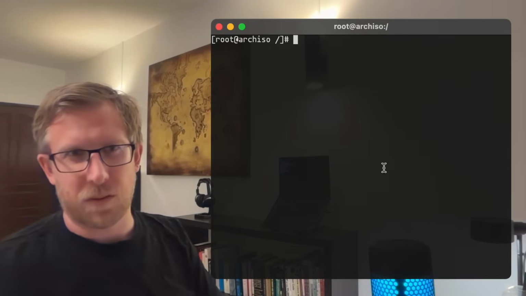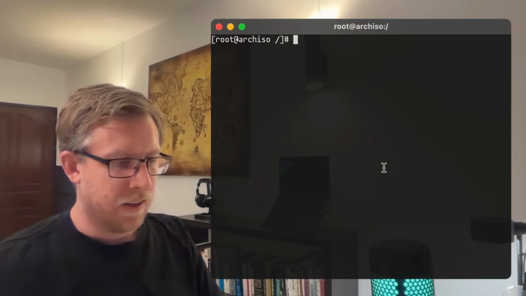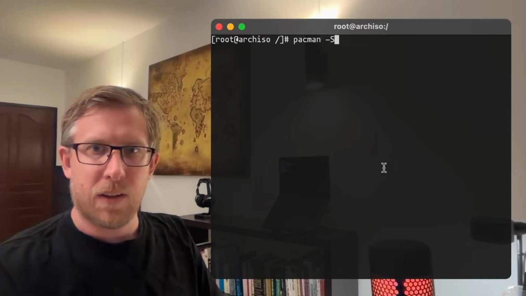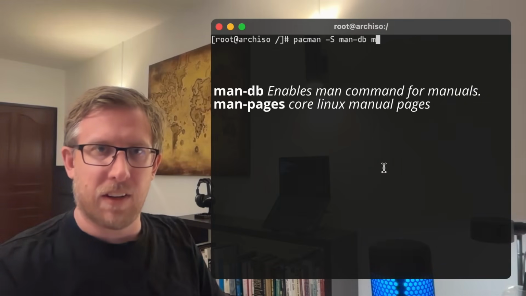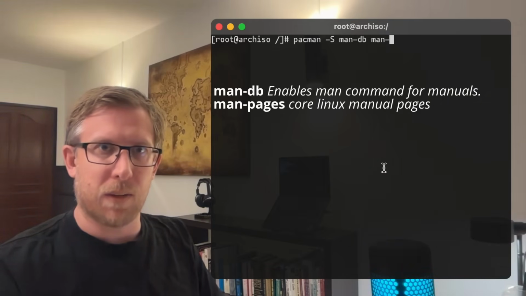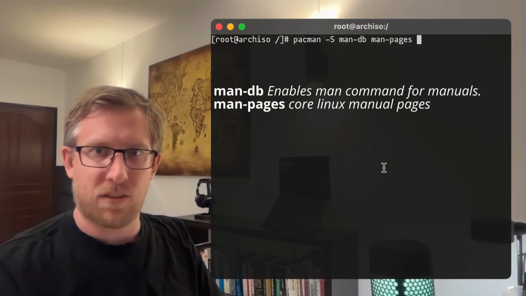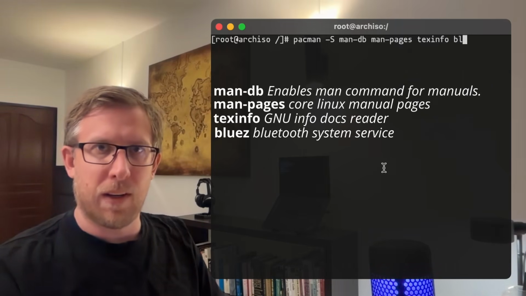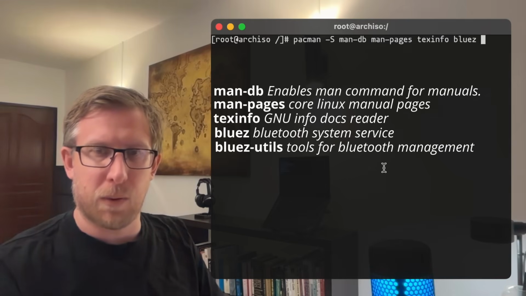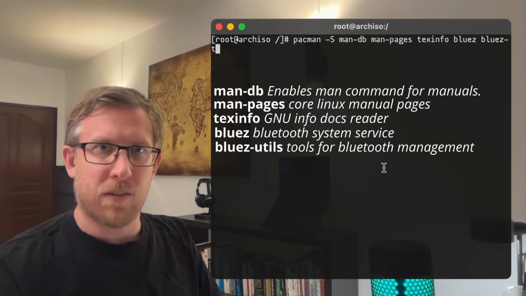Okay, so we have installed a number of critical packages for our system, but there are additional packages which are a quality of life thing. So we're going to install some. You don't need to install them all, but you can, take my advice that these are useful. So I'm going to install man-db and man-pages for all the manuals. I'm going to have texinfo, bluez, which is for your Bluetooth, iwctl,